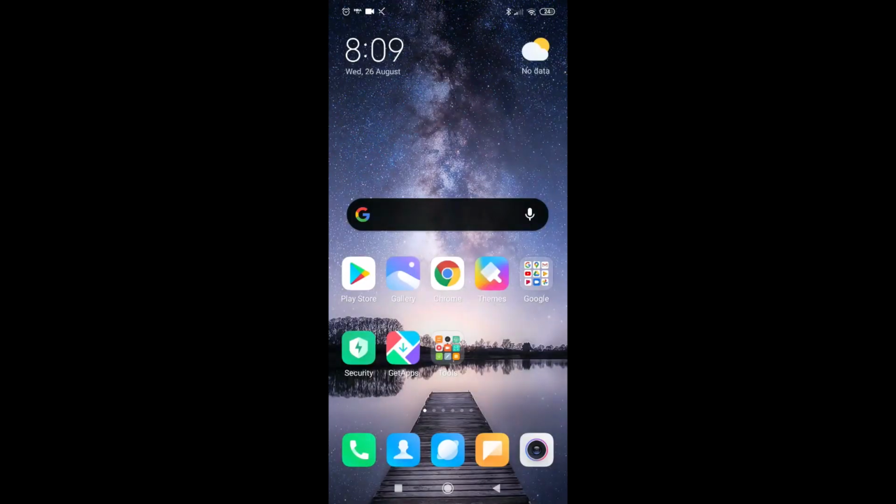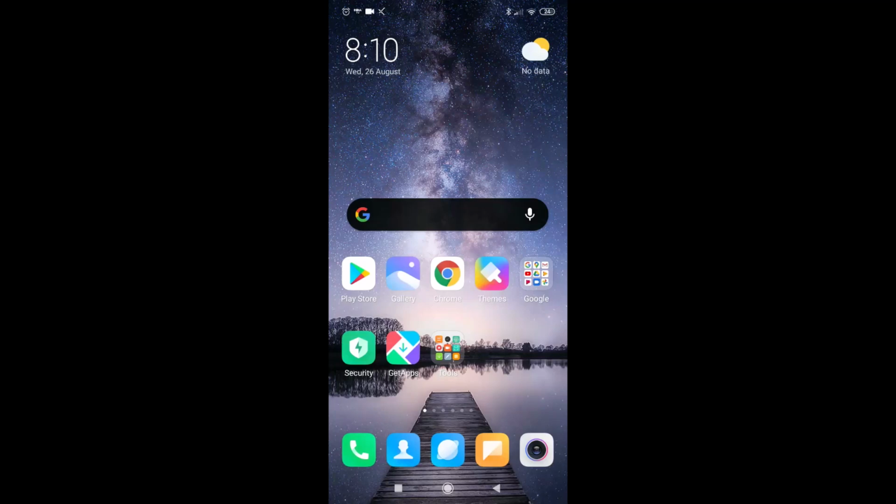Now we have to do some settings in our mobile so that we can conveniently access our mobile as a web camera. For that purpose, two things we have to do. Thing number one is we have to open the developer mode of our mobile. This developer mode is a pretty hidden thing. Okay, you cannot open it just like any app.